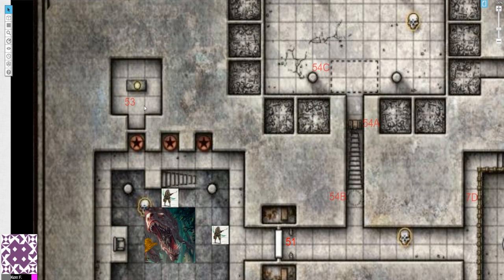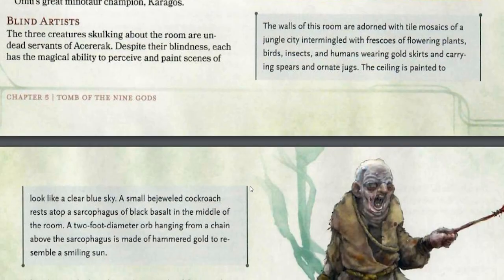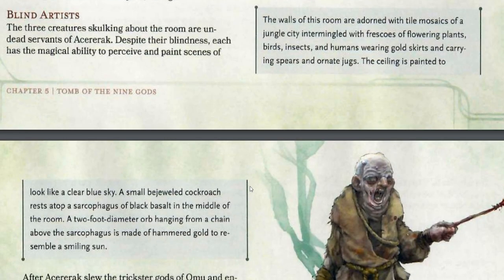So what is in Area 53? Area 53, Crypt of the Sun Queen. The walls of this room are adorned with tile mosaics of a jungle city intermingled with frescoes of flowering plants, birds, insects, and humans wearing gold skirts and carrying spears and ornate jugs. The ceiling is painted to look like a clear blue sky. A small bejeweled cockroach rests atop a sarcophagus of black basalt in the middle of the room. A 2-foot diameter orb hanging from a chain above the sarcophagus is made of hammered gold to resemble a smiling